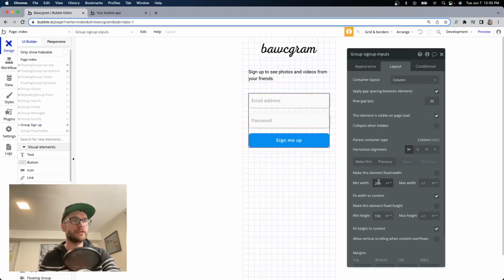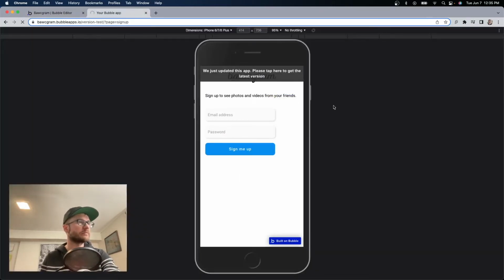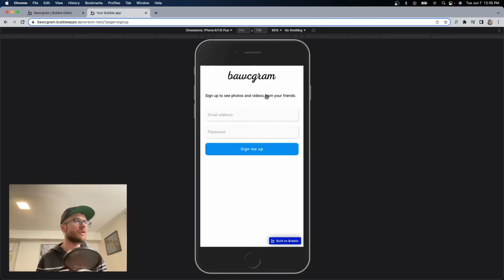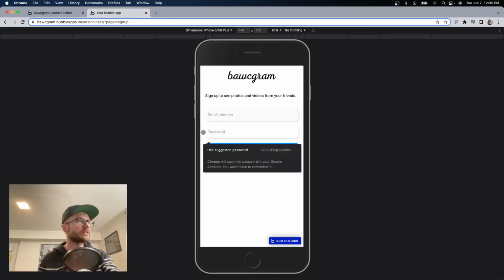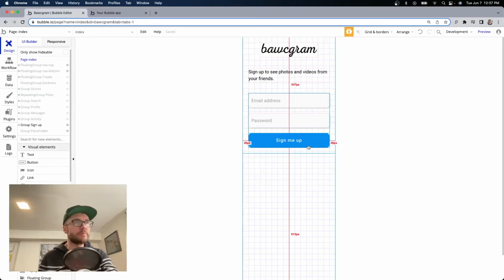Make sure we clear that out. There we go. So we have gap spacing of 40 between the logo and the text here, but the inputs are all kind of grouped together nicely. Okay, so we need to assign actions to this button to tell Bubble what to do